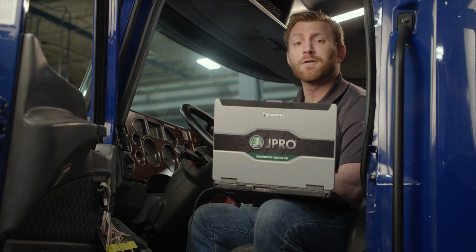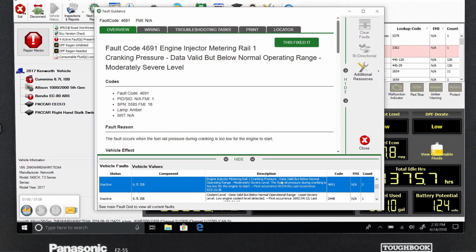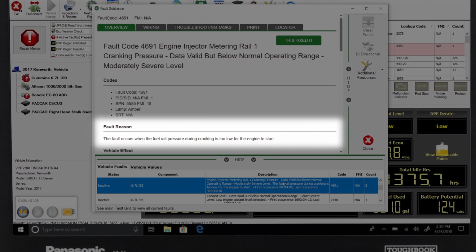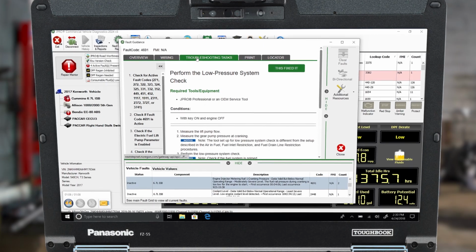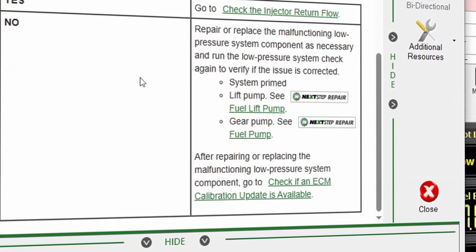Let's jump into JPro for an example. Once in fault guidance, select the fault from the bottom of the window. In this example, the engine won't start due to low fuel rail pressure. Using the troubleshooting tree in fault guidance, we determine the root cause and use next step repair to follow the